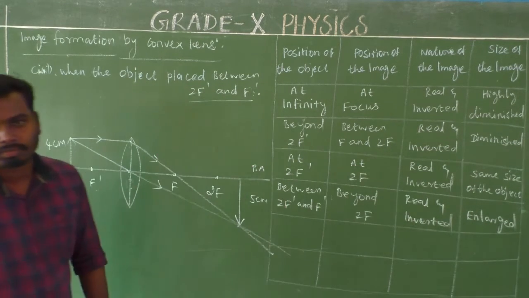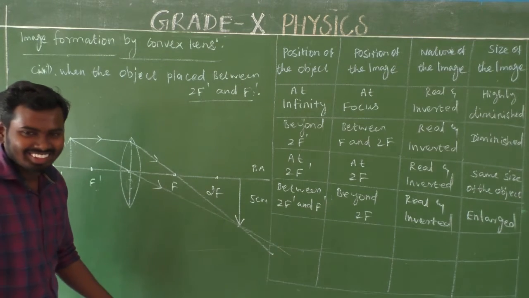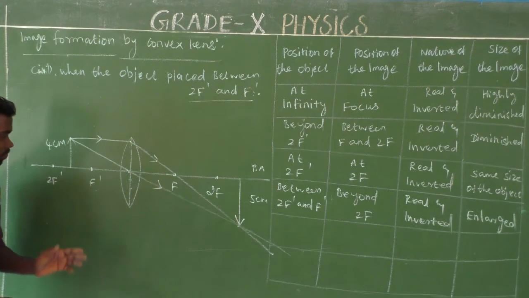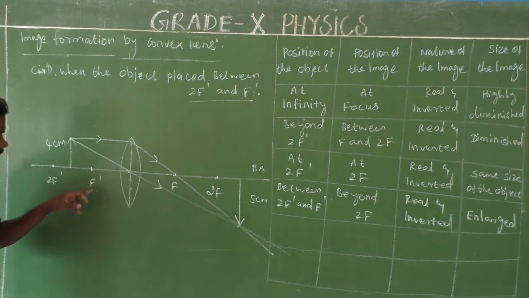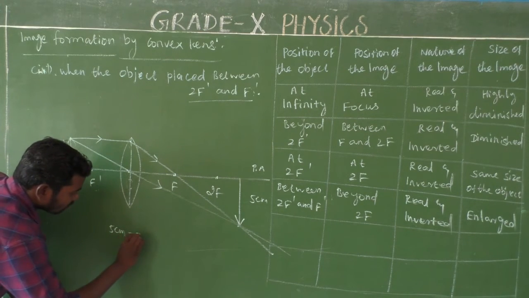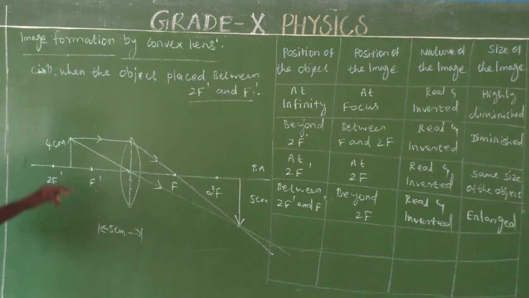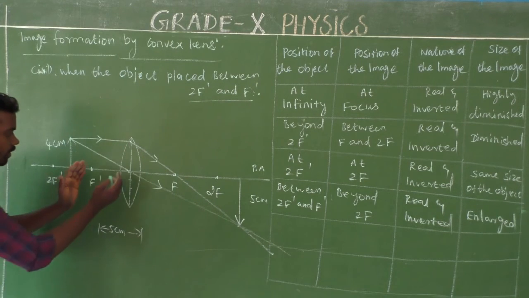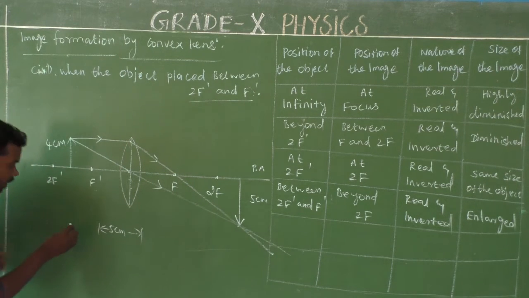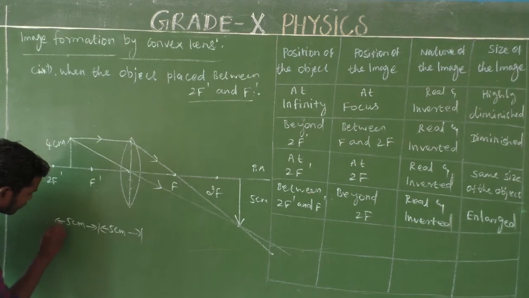That's all. Very simple. Is there any doubt? So look here, consider the focal length. What is focal length? The distance between the optical center O and the focus is the focal length. If the focal length is 5 centimeter, what will be the 2f? That should be 10 centimeter. We already know the radius is equal to twice its focal length, R equals 2f. So if the f value is 5 centimeter, then the 2f value will be 10 centimeter.